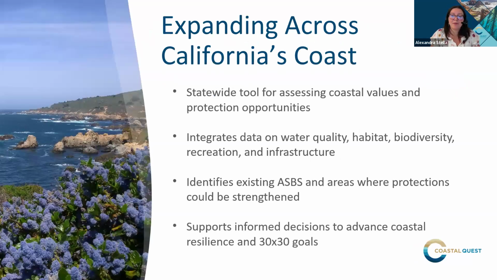Now, the statewide SWQPA tool is designed to help users look across California's coasts and assess areas for their ecological, biological, recreational, infrastructure, and water quality values. So our hope is that the tool will support conversations about where additional protections may be useful, how existing protected areas relate to surrounding coastal resources, and where there may be opportunities to strengthen water quality protections near marine protected areas or other important places. Some of the data included in the tool relates specifically to biodiversity, habitat, recreation, and water quality, and we're hoping that these layers can